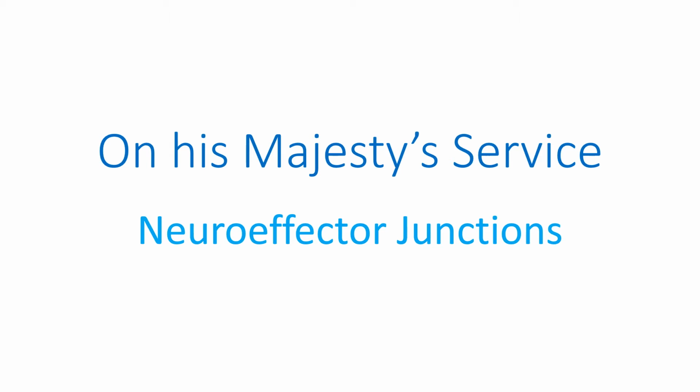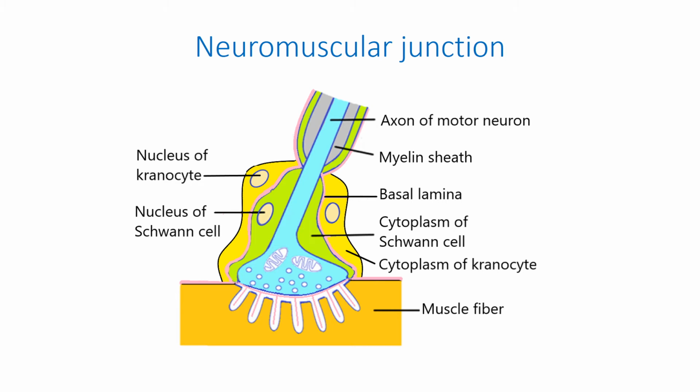Neuroeffector Junctions. Synapses that transmit nerve impulses from neurons to effector cells, that is, the neuroeffector junctions, will be described in this video. The neuromuscular junction is a specialized cholinergic synapse that transmits action potentials from motor neuron to extrafusal striated muscle